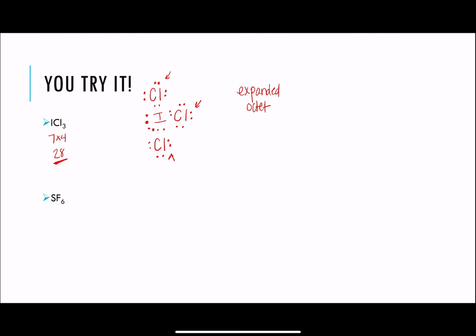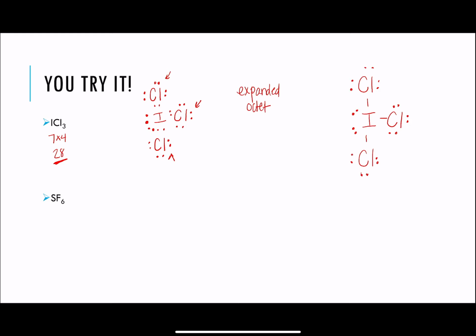So when we draw this over in step 3, you want to always kind of pair those, and usually they try to write them in the corners. That's typically how you see it done, like that, and then fill these in too. That is what this one looks like. So this is an example of an expanded octet, okay? And that gets our 28 valence electrons. Now let's look at the last one,